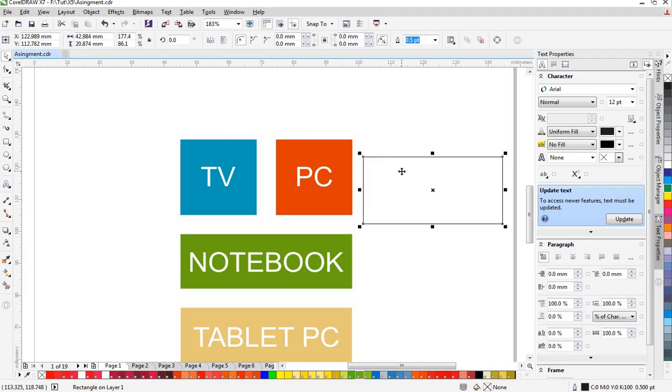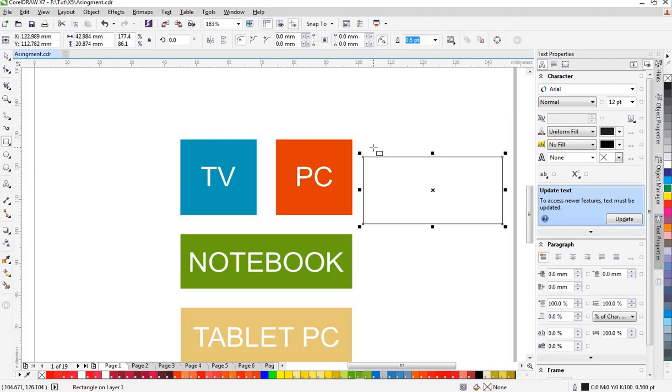Now, to select means you just click on it and then you see the knots around it, but the pick tool should also be selected as well. That is when we say this particular tool is selected. For instance, if the shape tool is selected, that means this one is not selected, although the knots are around it. The reason is that